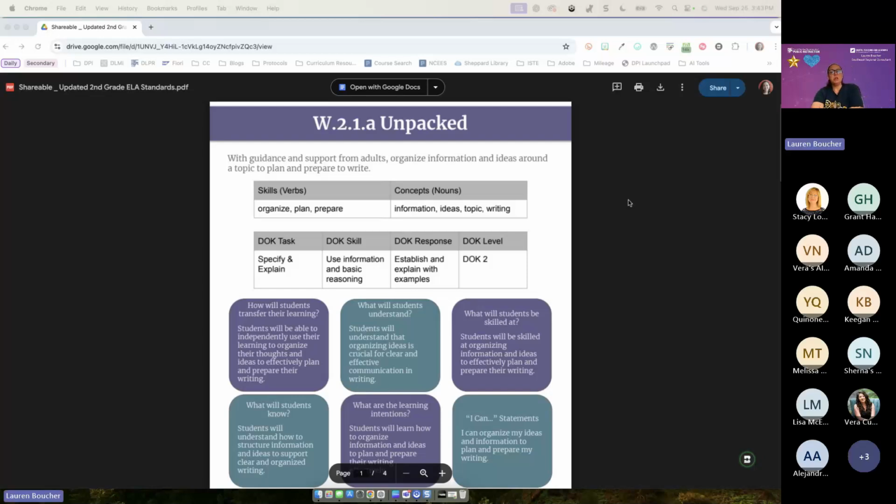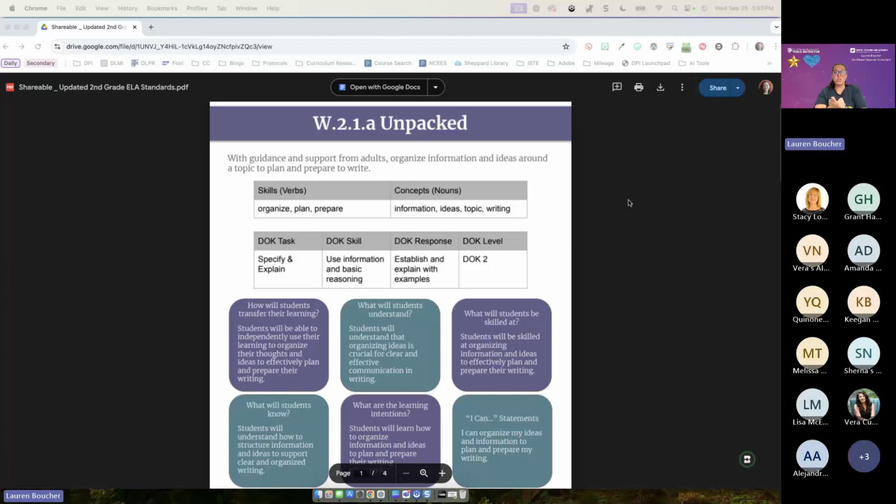Okay. So what I have done is I have used a resource that I have found. It's a book called Deconstructing Depth of Knowledge. And so I have been partnering with ChatGPT to not only unpack standards for the skills and the concepts, but really diving deep into the standards by identifying depth of knowledge by task.